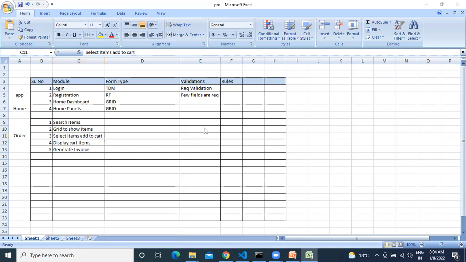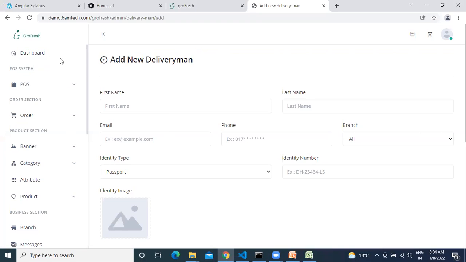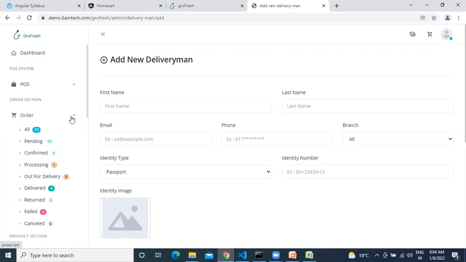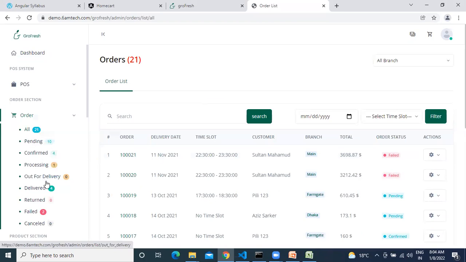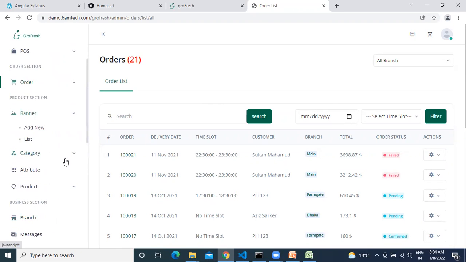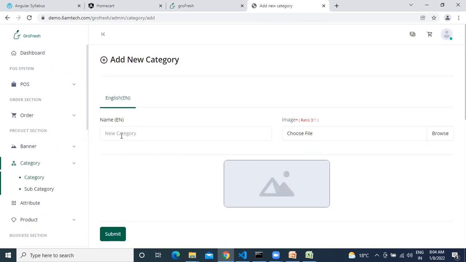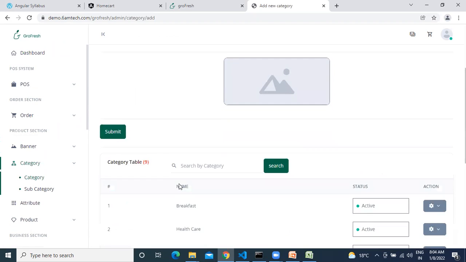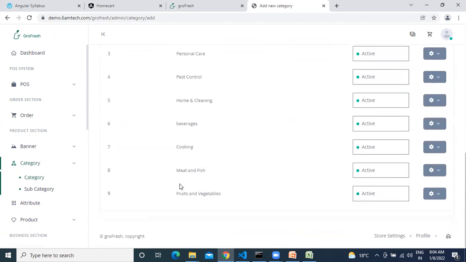Next, what other screens will we develop? Orders. Inside orders, I can get what all the orders are, what the pending orders are, what the confirmed orders are, everything we will develop. Next, if you want to add anything here, we can add a name, choose file, what type of thing, everything we can add, item-relevant things.